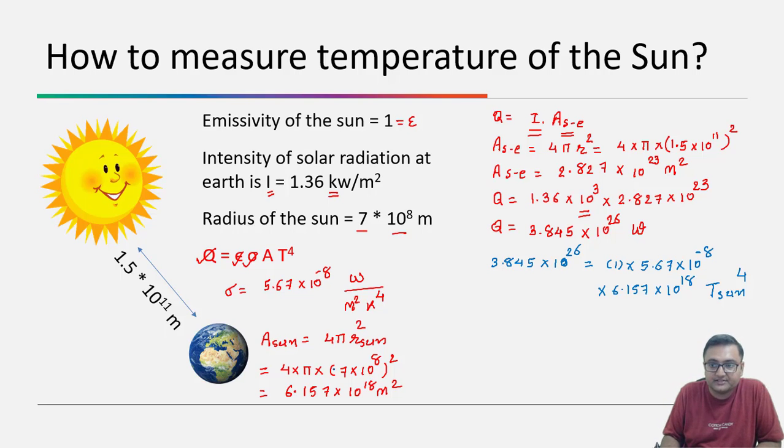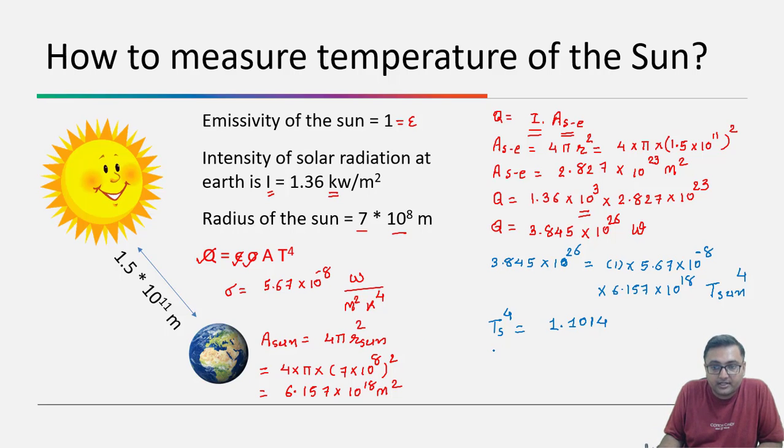So the final value is that the temperature raised to 4 of the sun is equal to 1.1014 into 10 raised to 15, and by taking the 1/4 part of it,